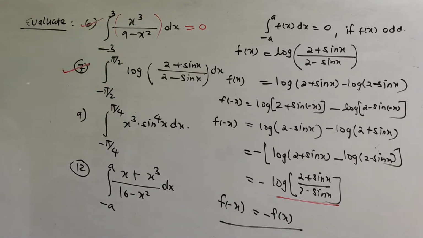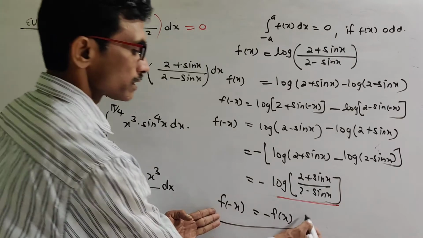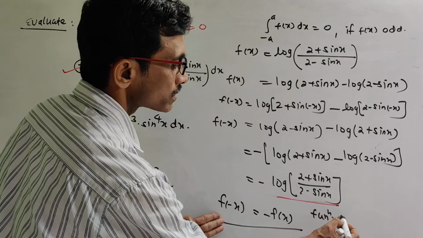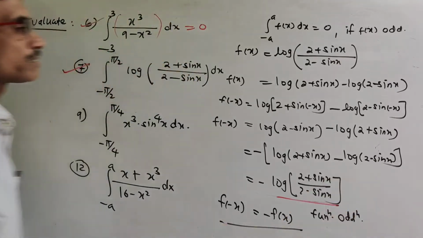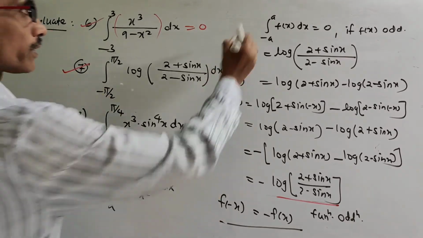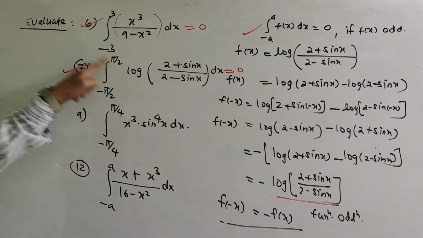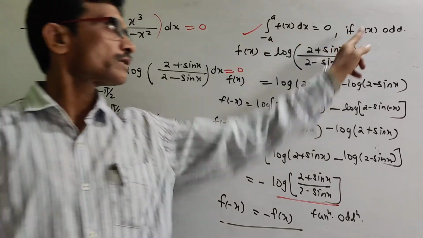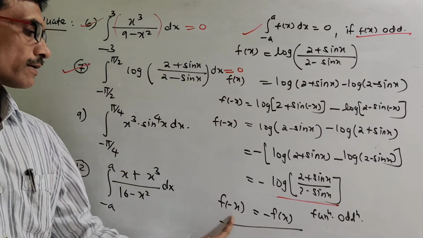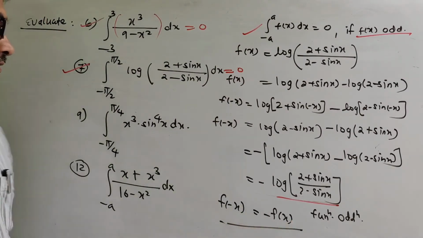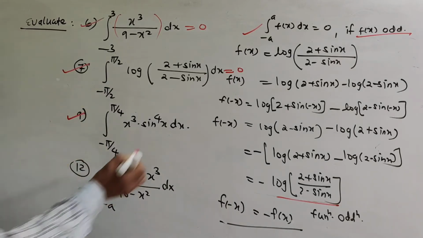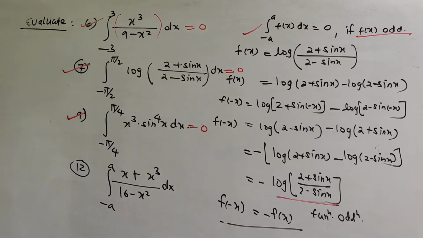So what did you infer? So therefore we can say the function is what? Odd function. So this function is odd function. Now as it is odd function, the value of this integral is 0 according to the property. Minus a to plus a f(x) dx is 0 when the function is what? Odd function. So we have shown that the function is odd function because f of minus x is minus f(x). Similarly this we can show it is an odd function, and the value of this integral is 0.